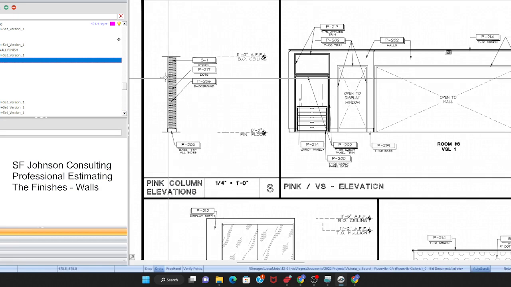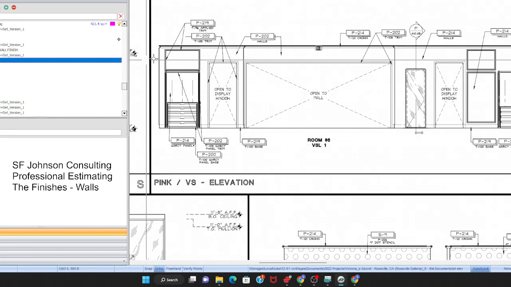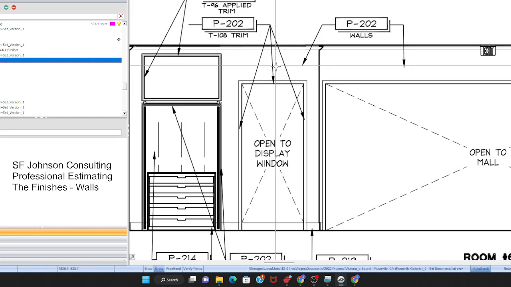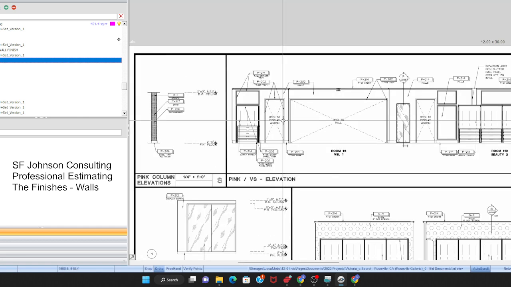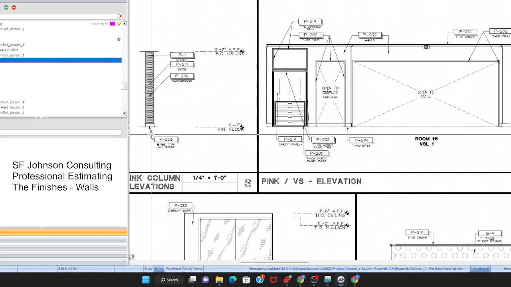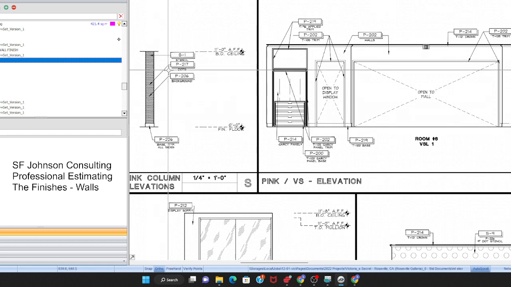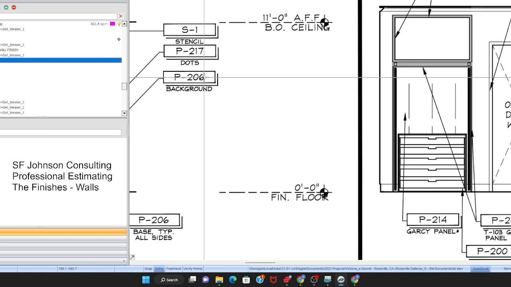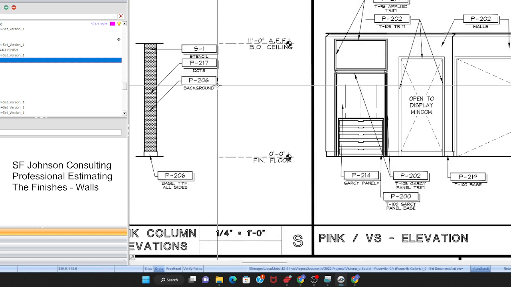All right, so what we're gonna do, we're gonna see, and what I would do as I do this interior elevation, this funky thing, I need to see what's going on with that. If there's a stencil, where I go ahead and paint the base P206C, but what do we do? We look in our specifications, because specifications are what tell us the means